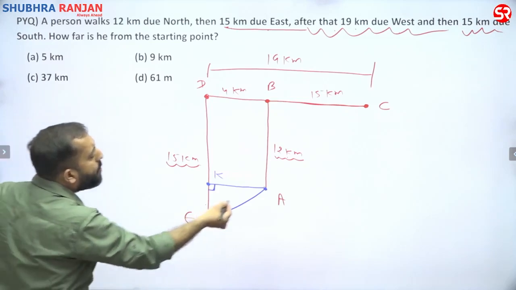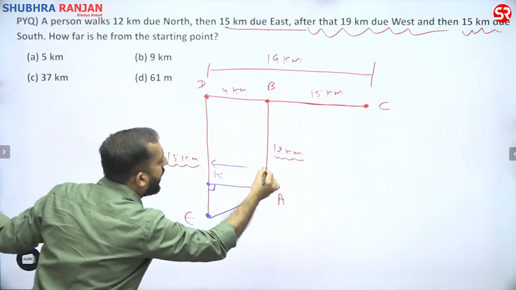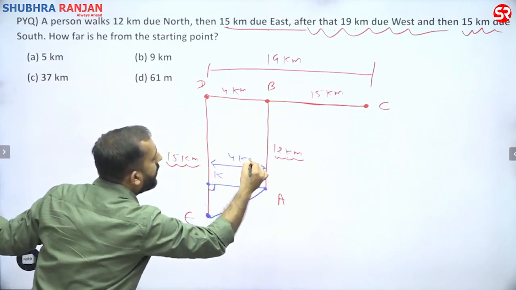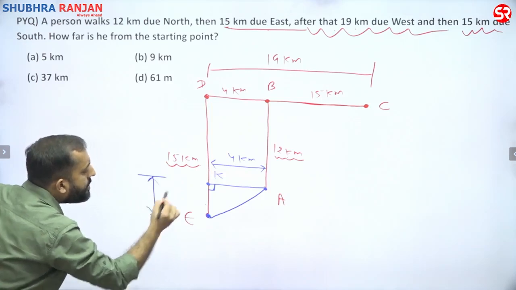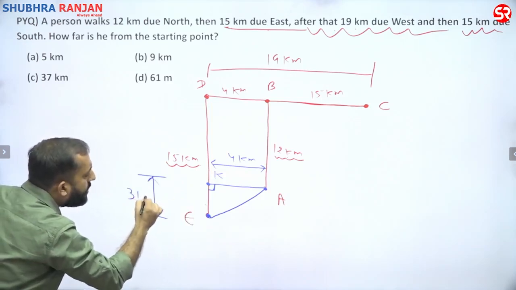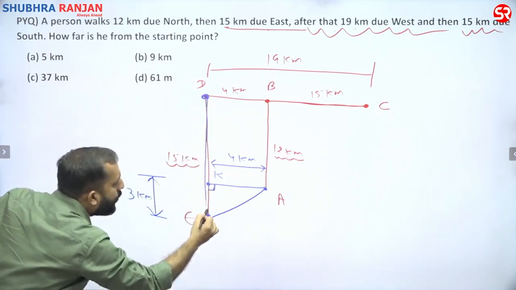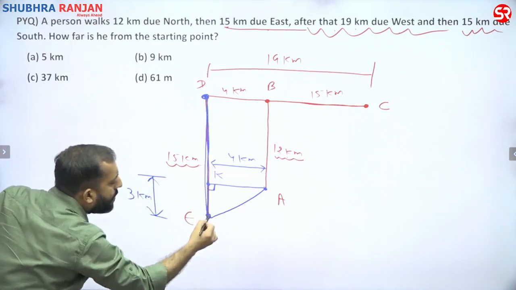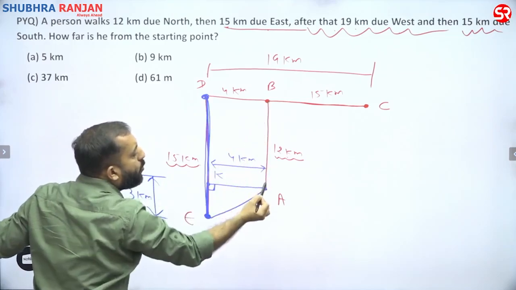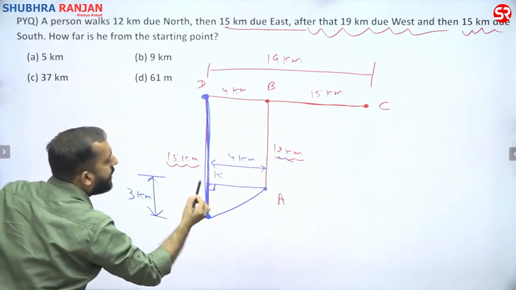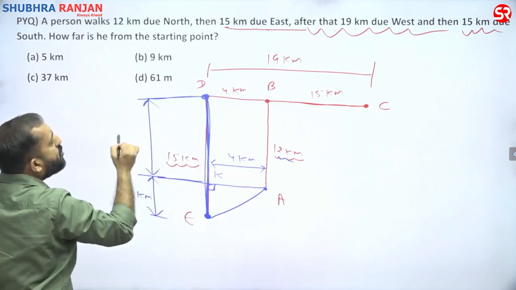Now let's talk about this triangle. In this triangle, what is this distance KA? 4 kilometers. What is this distance KE? This distance KE must be 3 kilometers, yes or no? Why? Because from D to E, this complete distance was 15, right? B to A is 12, then definitely D to K has to be 12.